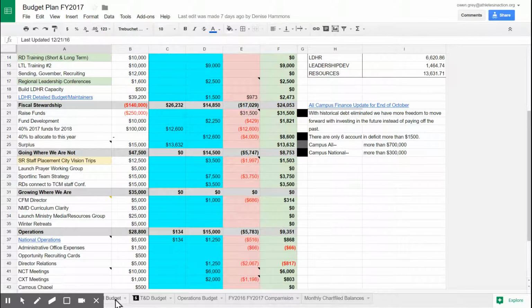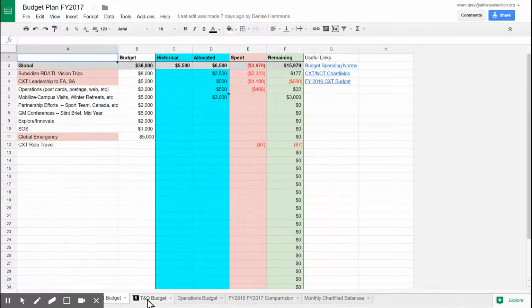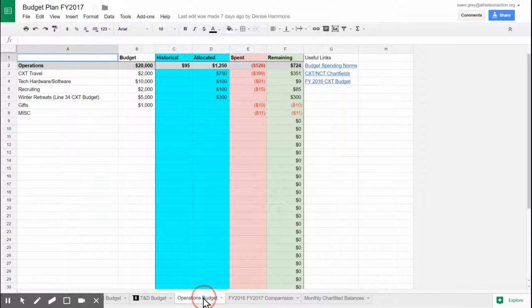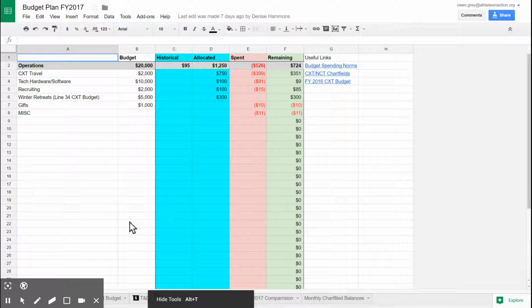And then down here at the bottom, we're going to see this is the global budget. This is training and development run by D. And so there's more things, more categories. So here's my operations one. More categories than just the main one. That a lot of times some of this stuff will show up in